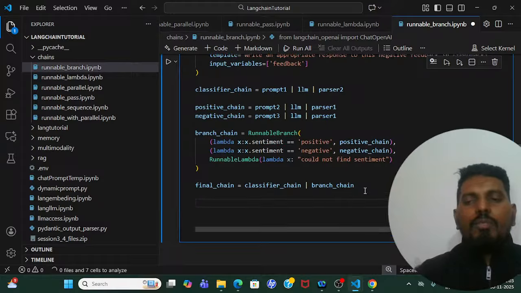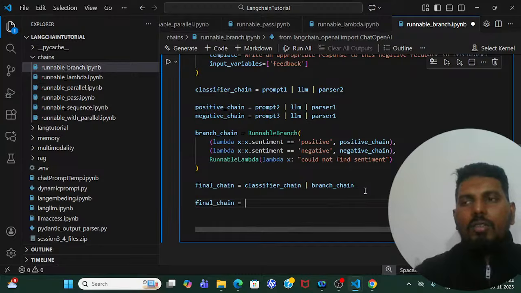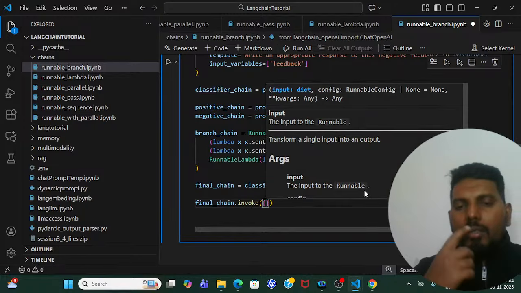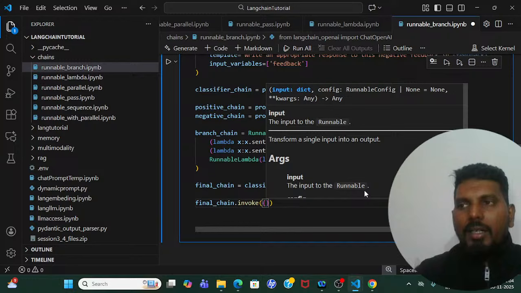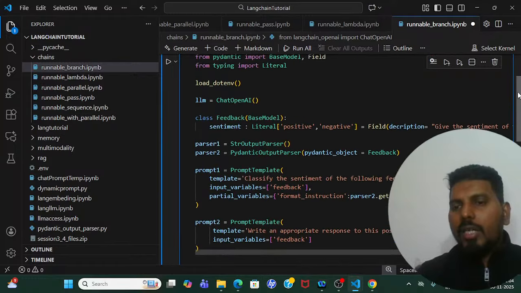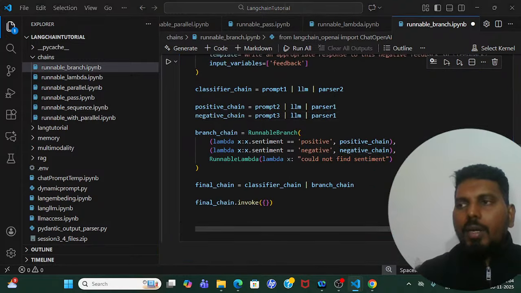Now what I need to do? I need to invoke my final chain. Let me invoke that final chain. final_chain equals final_chain, oh sorry, final_chain needs to invoke, right? Dot invoke. It expects the feedback, right? That is the feedback variable we have mentioned in our prompt 1, prompt 2, as well as prompt 3. So we need to pass the feedback. Let me pass a feedback